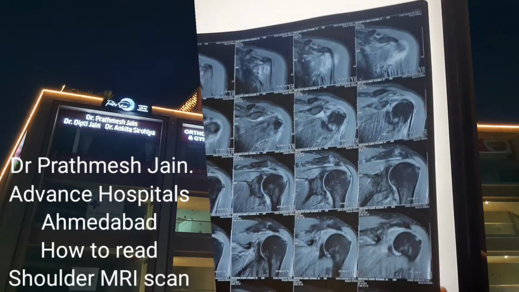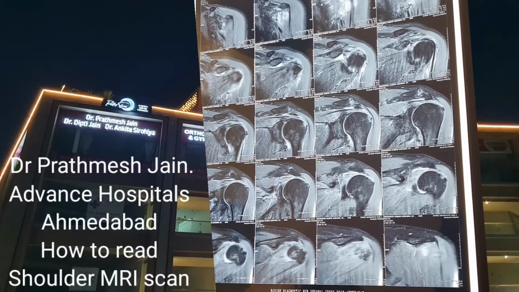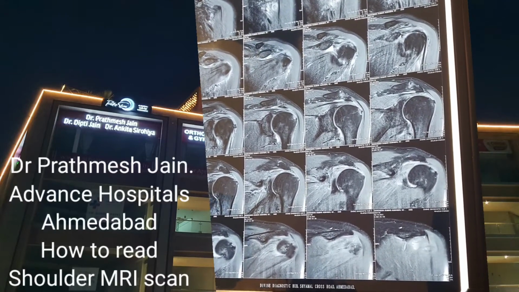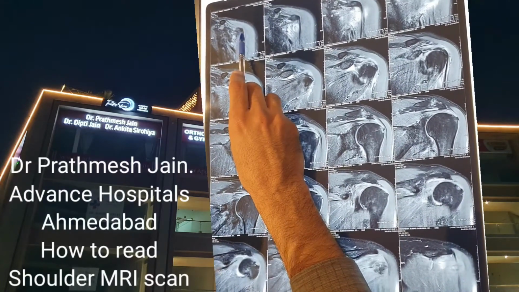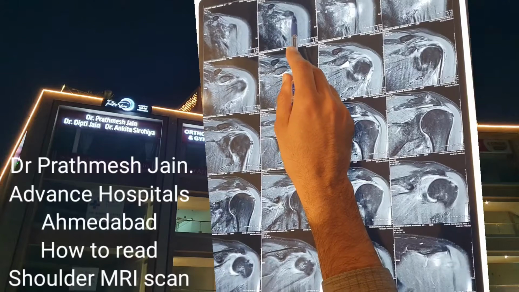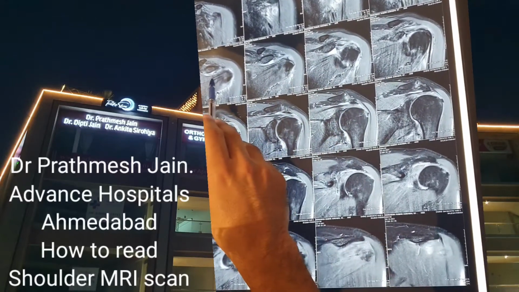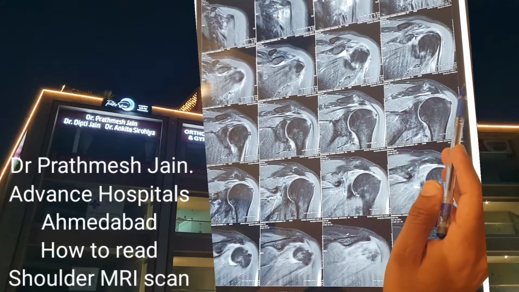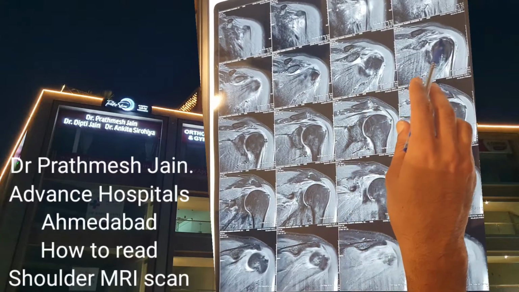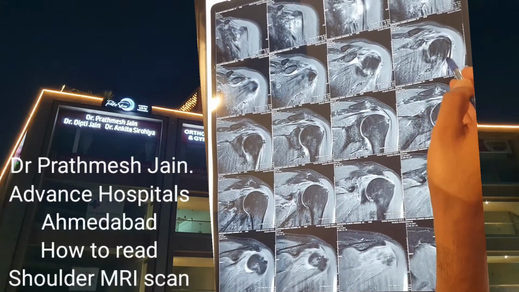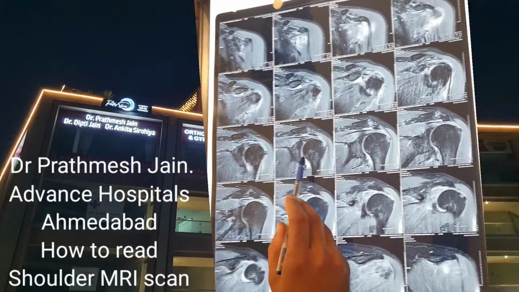He is a male patient, and in this particular case, again we will go by the same thing. So we go from anterior to posterior. You can see the coracoid here. This is the short head of the biceps, you can see. Then we are going from anterior to posterior. Here you can see the subscapularis. There you can see the long head of the biceps. This is the long head of the biceps, and then you can see this is the superior labrum.